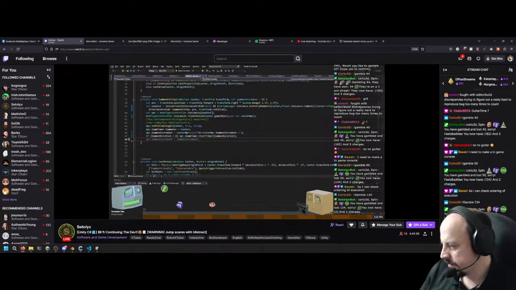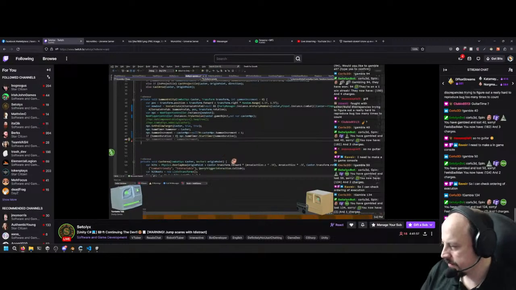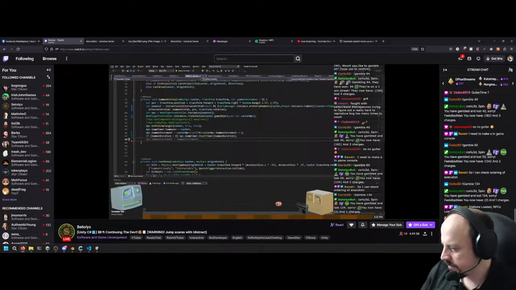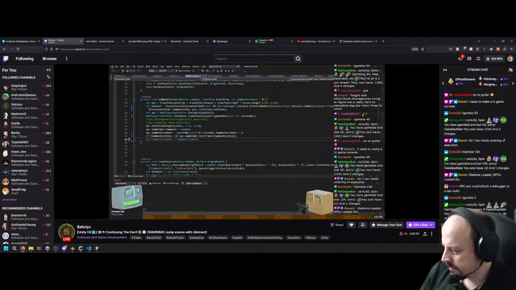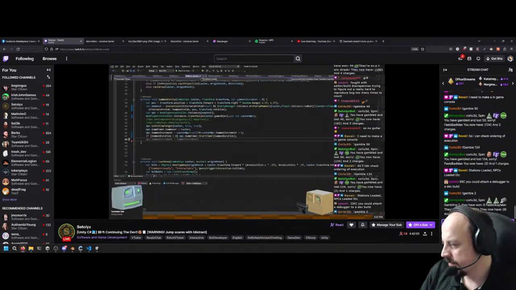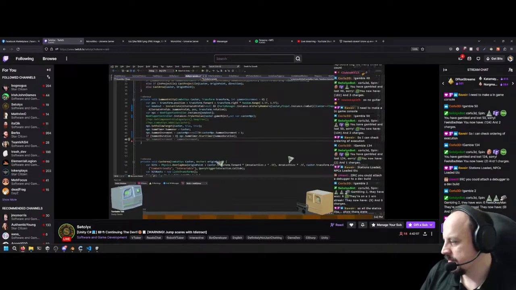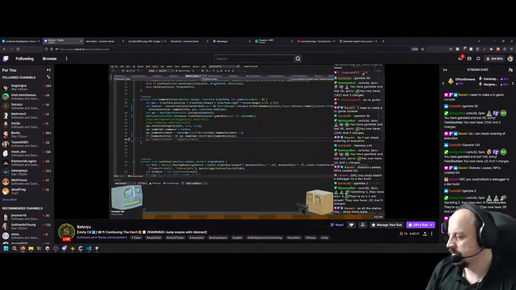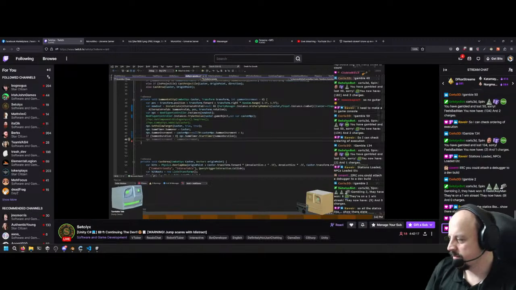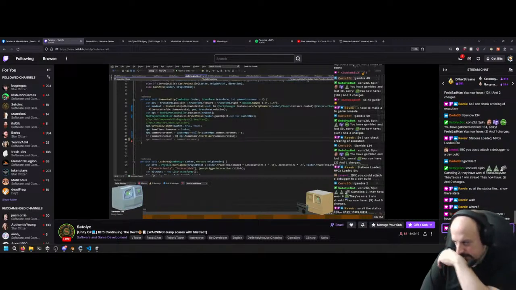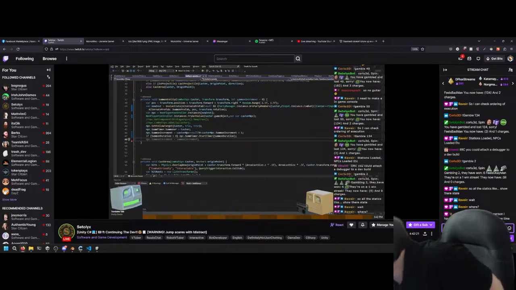Need to make an in-game console. Yes, absolutely. In-game console is the way. That will help you tremendously to deduce what's going on. You can also, I'm sure you know this, Revere, but you can also check your logs. If you're debug logging, you can always check the log files that are generated by the game. But I totally understand and agree that an in-game console would probably be better.